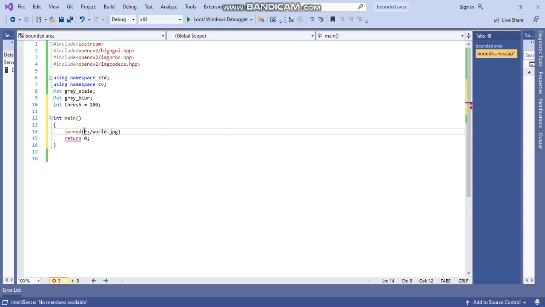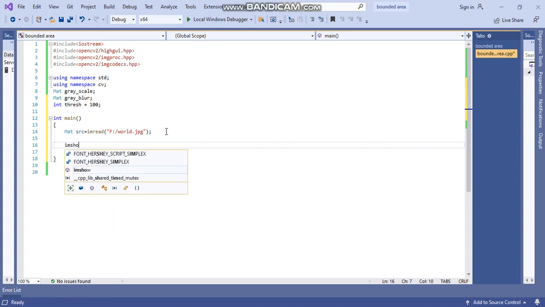Okay, so it should be in double quotes. The imread result will be stored in an image variable whose data type is Mat, and src. So it will be stored in src, right?